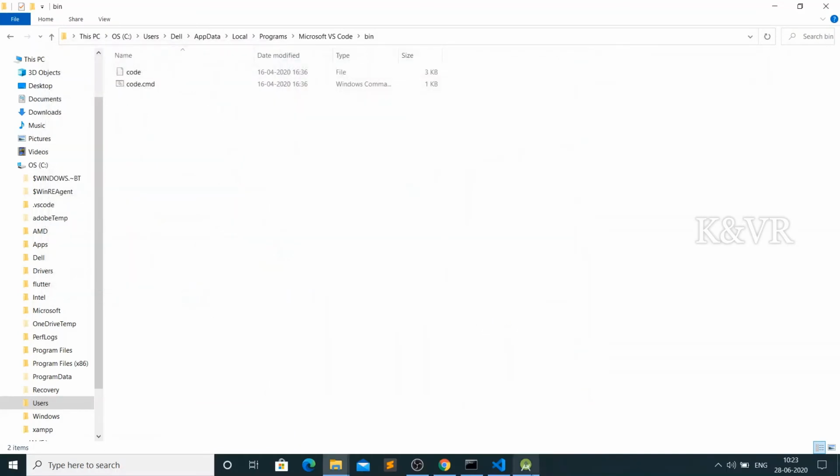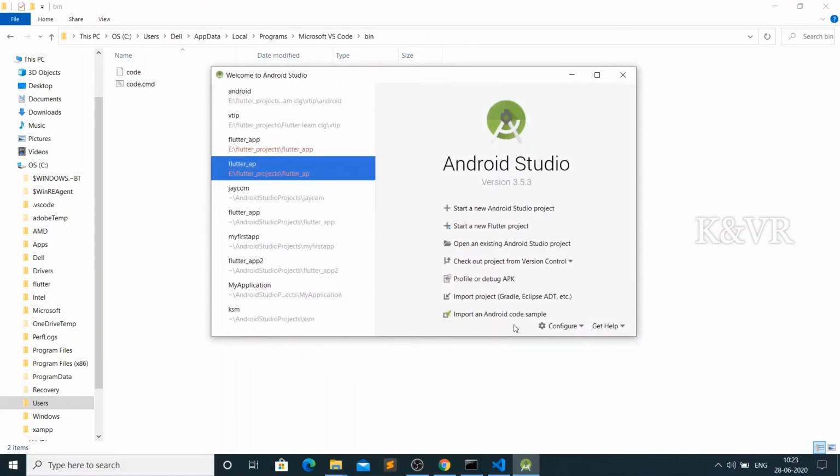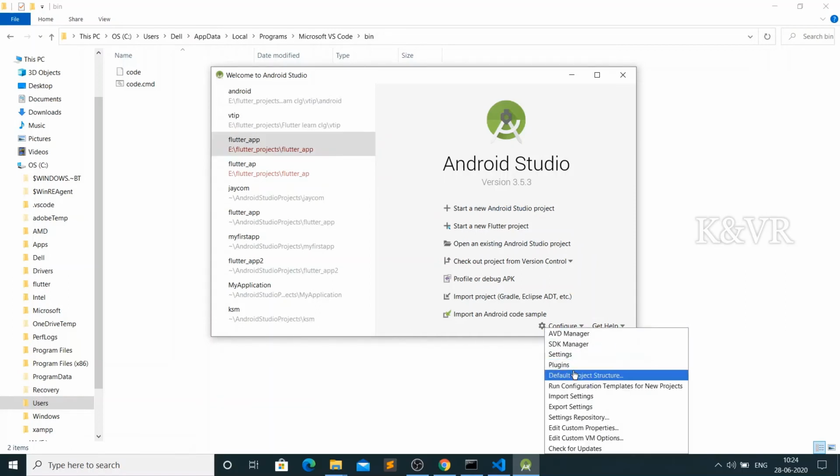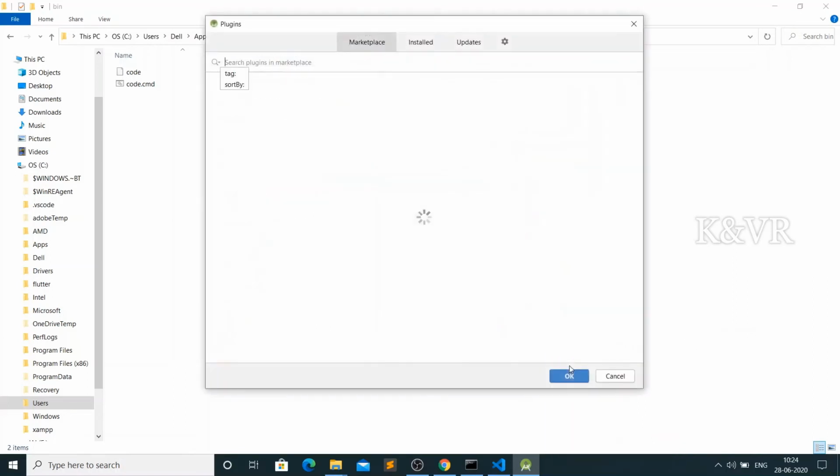Next we need to go to Android Studio. After installation, Android Studio opens like this. Go to Configure, and the Plugins option will come. Go to that. You need to connect to the internet. Type Flutter in the search bar. I have already installed Flutter.